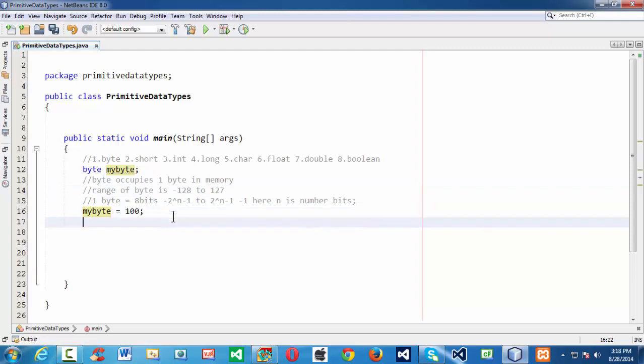Next, let us define a variable for integer here. So let's write some data. Sorry, not int, after the byte we have short here.